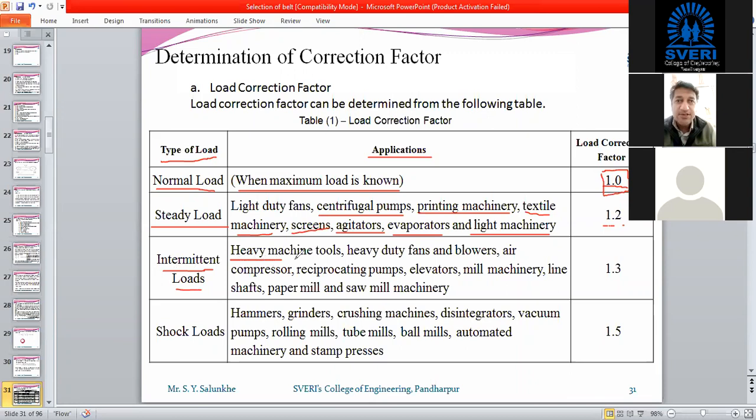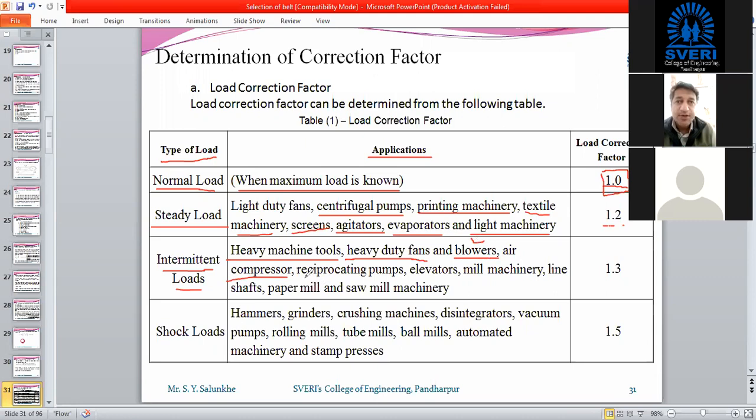Then here we are considering heavy machine tools like turrets, okay. Then heavy duty fans, like fans which are used for large area cooling or for crystallizing of, you can say, any chemical. In that case, cooling rate is increased by means of a fan, and if heavy duty fans are used for that, then boilers, okay, then air compressors, big air compressors and blowers,